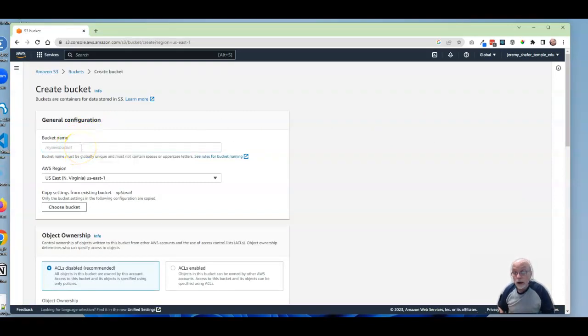Now, I want all my students to name their buckets in the same way. So everyone should name their bucket MIS3502 dash and then some variation on your name. All right, so I'm going to choose Schaefer. You can have it be your last name, your first name, middle initial, what have you. Choose a US East region,